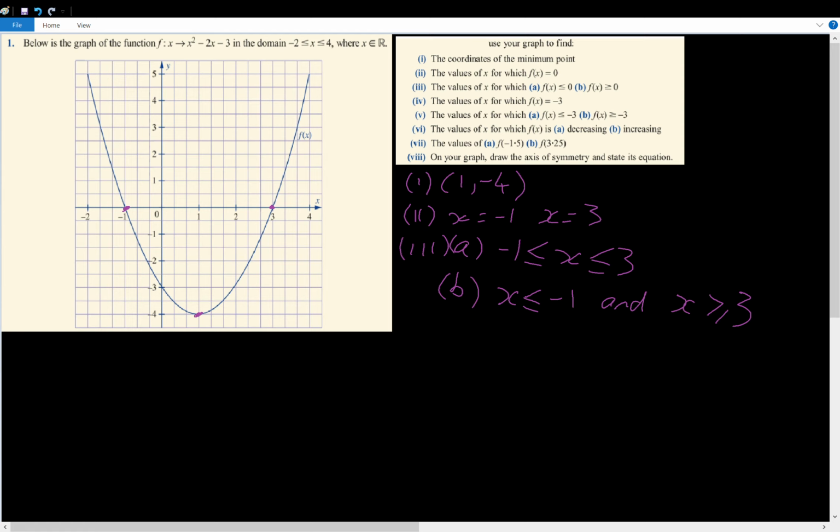Now for part 4, we've got to find the values of x for which f of x is equal to minus 3. So there are 2 values of x that when you put them into this curve will give us a value of minus 3 out. So what we're going to do is go to minus 3 down here, and find the points where that line cuts the curve. So if we work our way across to there, and then we work our way up from there,